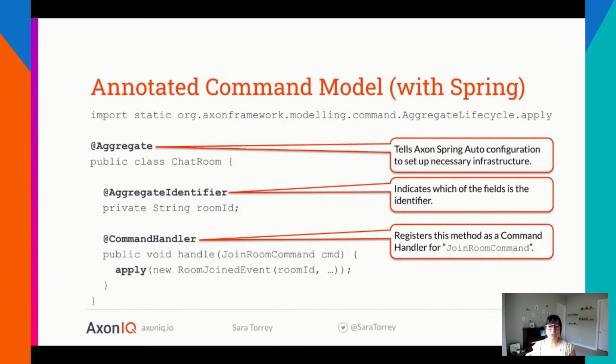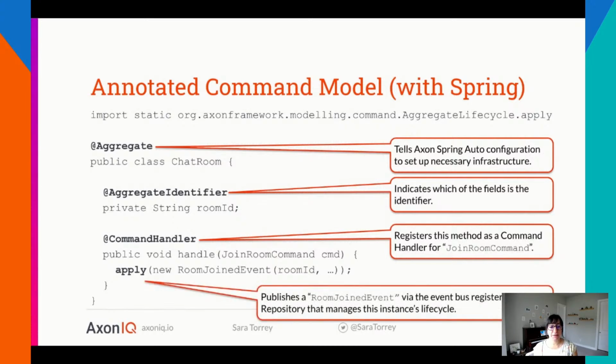To that end, we need to publish an event from within this aggregate's context. For this, the framework provides the AggregateLifecycle.apply method, which is the static method that resides within the AggregateLifecycle. Later on, it can be used for our event sourcing. Now, in code specifically, this function call will publish the RoomJoined event. As you can see, that event is posted in a past tense format.